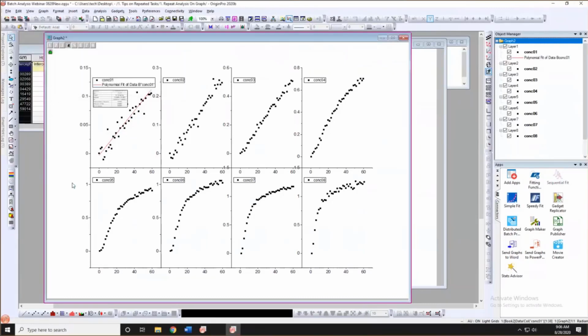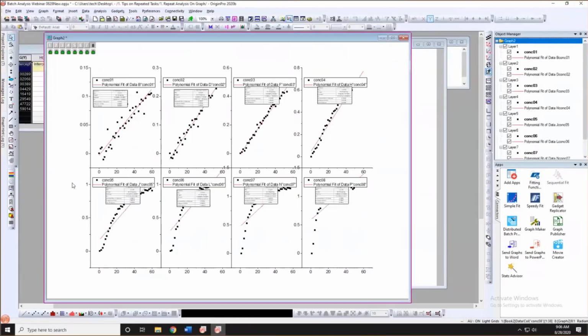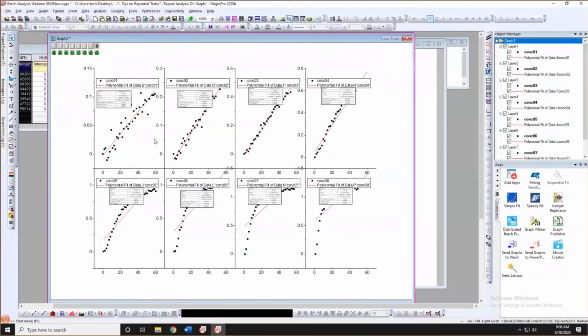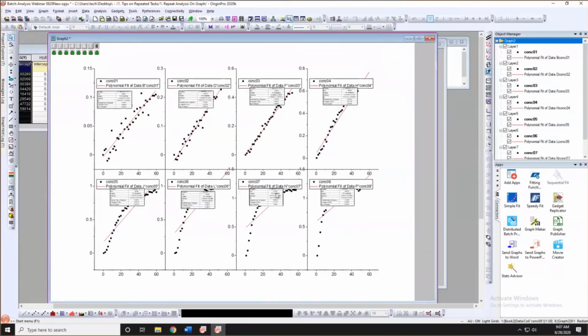Okay. So once the analysis is finished, you see it adds 8 green locks on the graph, which means the polynomial fit is done on 8 data sets. So one good thing about this method is that